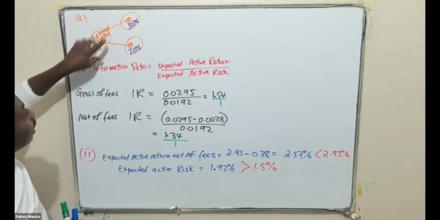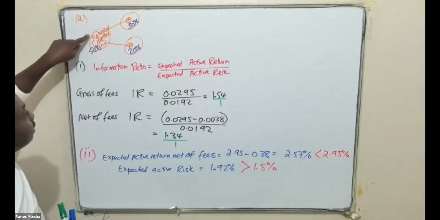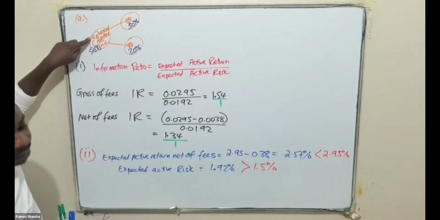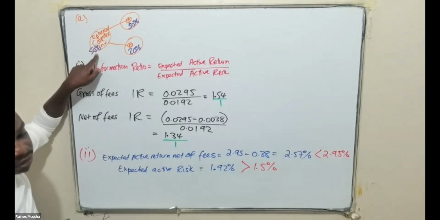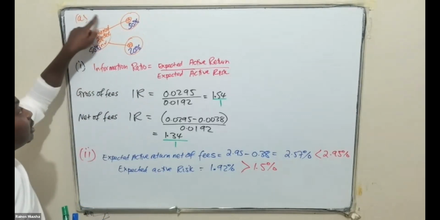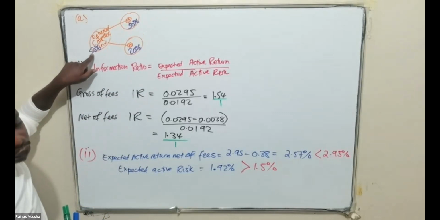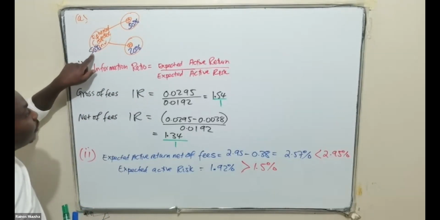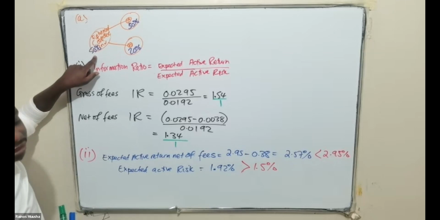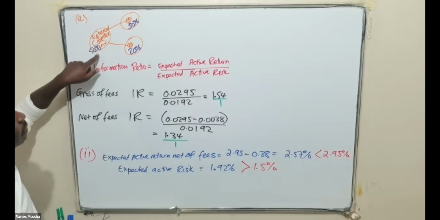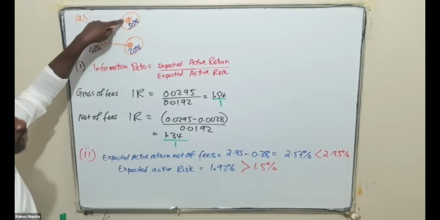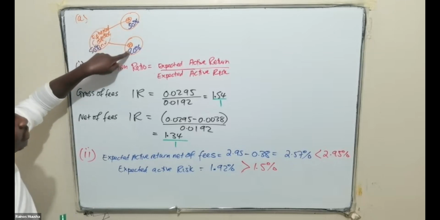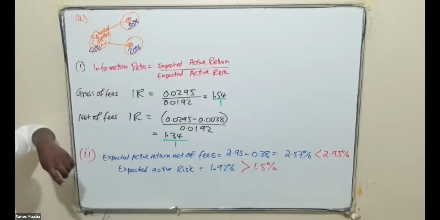Then there are also other smaller investments that go hand in hand with that core investment. As you can see, our core investment here is the enhanced index portfolio, where we're invested 50% of our total investment. Then the satellite portfolios are active investment A and active investment B, where for active investment A, we invested 30% of our portfolio, and for active investment B, 20%.